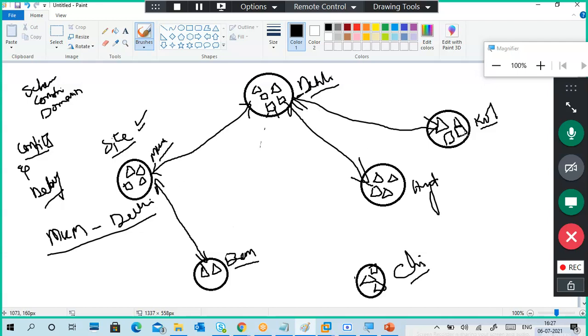So geographically, the distance is also mandatory here. Only one point is left, Chennai. Delhi to Chennai is a far distance compared to Hyderabad and Bangalore, right? So either I choose Hyderabad to Chennai site to site replication, or Bangalore to Chennai site to site replication.